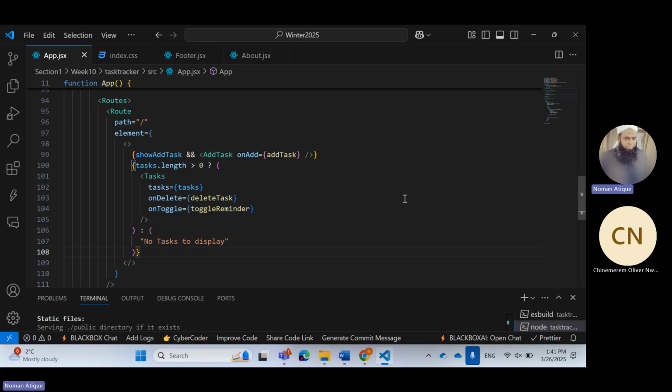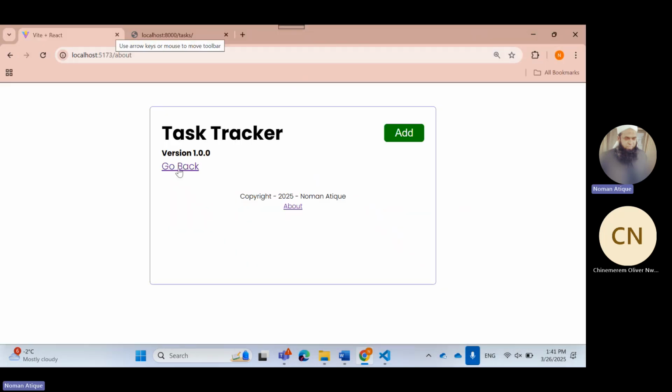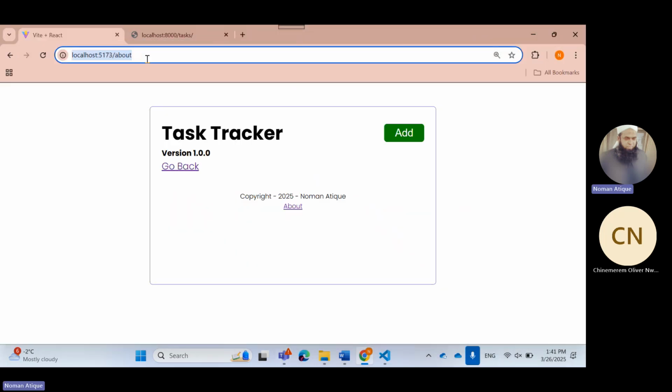Are you getting that one? On my home route, this code should run. This component should run, so to speak. But this is not a component. I've directly written the JSX. Now see here. See the application now. If I come back there, look at that. On about, just about. And if I go here,